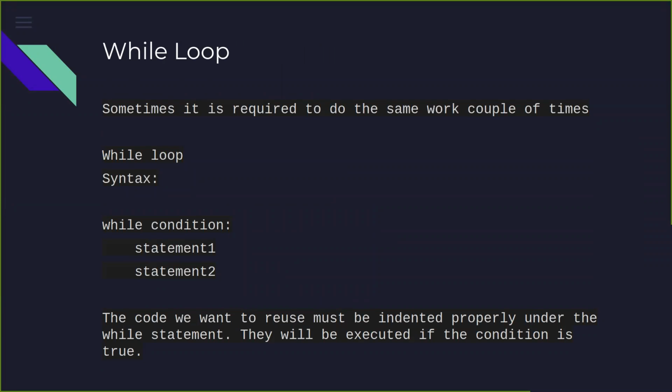And the while loop evaluates a condition. If that condition is met, or if the value of this condition is true, then it goes and executes whatever are the statements following the while loop. And the moment this condition is not met, or the moment the evaluation of this condition becomes false, then it exits the loop. That is how the while loop works.